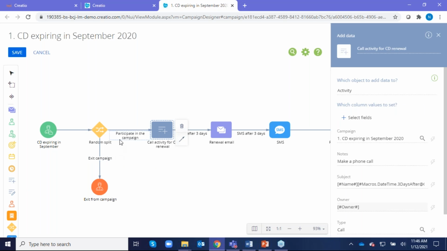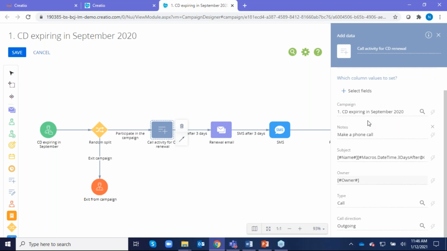So now for the other 50%, which means 50% of the original audience, we're going to set up some activities, right? And those activities, using business processes, low code, we are tying to a specific campaign. We are saying that, as a customer service agent, you need to reach out to them. And what we are doing here is reminding them that their CD is expiring in September. Would you want to renew that CD, right?